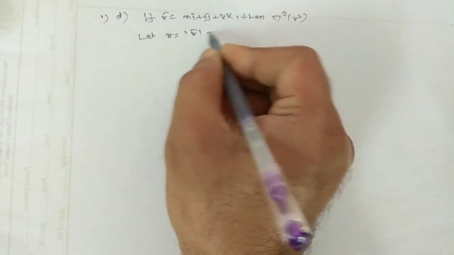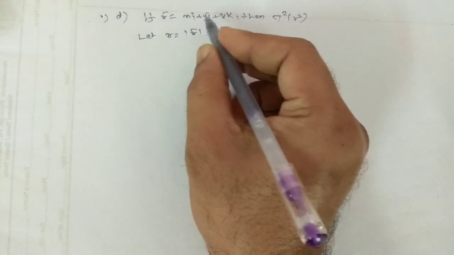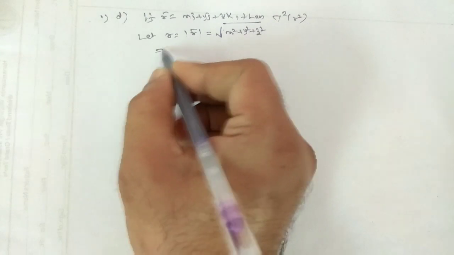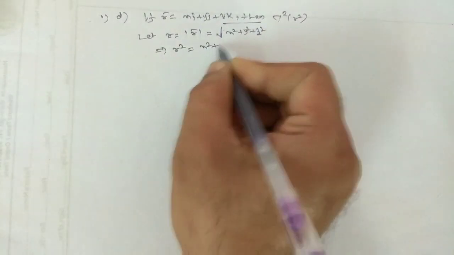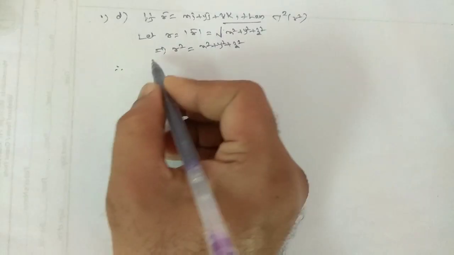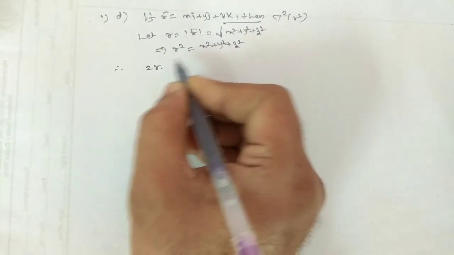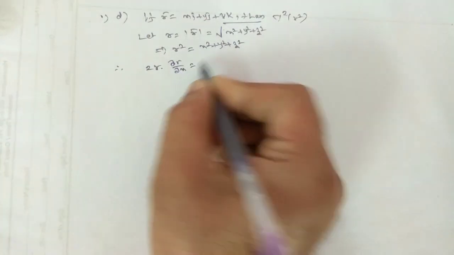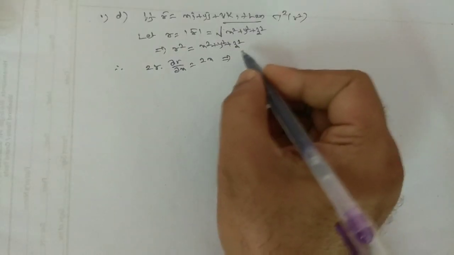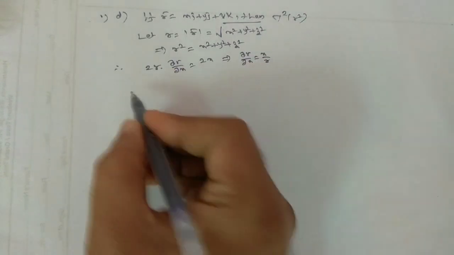R stands for the modulus of r bar. The modulus of r bar is nothing but the square root of the squares of the coefficients of ijk: x square plus y square plus z square. To avoid that square root, r square equals x square plus y square plus z square. Therefore, whenever you get the r term, better to take the differentiation with respect to x, y, z first. So 2r into dou r by dou x equals, with respect to x, only 2x. On cancellation of 2, dou r by dou x is equal to x by r.